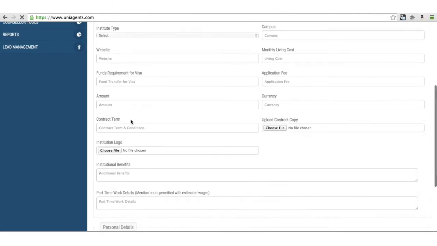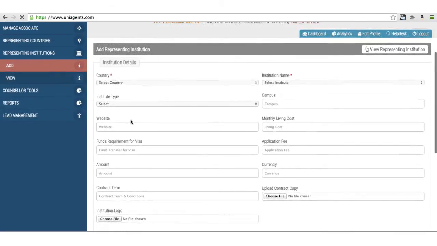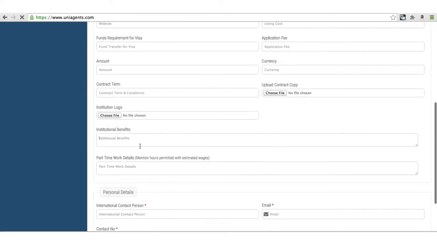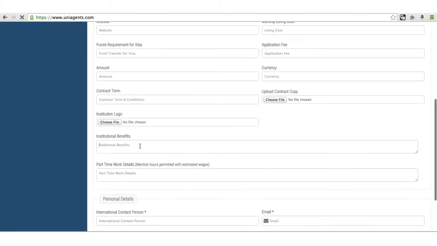This is to avoid multiple data entry. If you want to add the same details for every program, why not just add it once and then export it to every program under the institution. And similarly, adding some detail in the country, they'll export that to every institution in that particular country. So it avoids